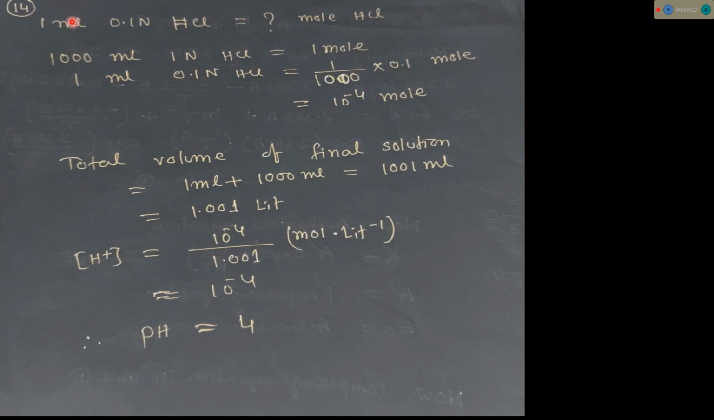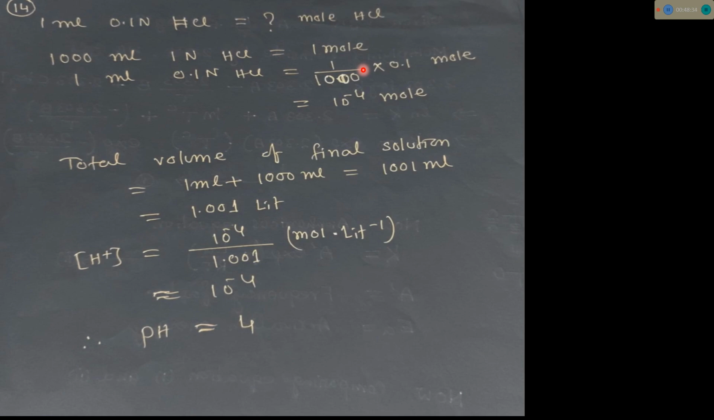So we are adding 1 ml of 0.1 normal HCl. We have to find how many moles of HCl this is, how much HCl we are adding to the solution. We all know 1000 ml of 1 normal HCl means 1 mole. So 1 ml of 0.1 normal HCl becomes 10 to the power minus 4 mole. So we are adding 10 to the power minus 4 mole to the 1 liter solution of